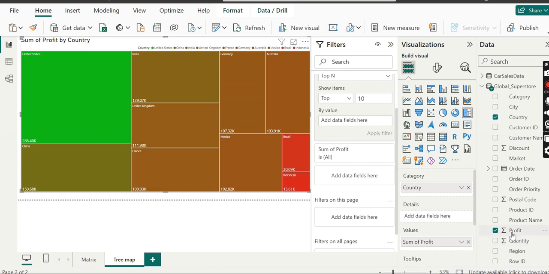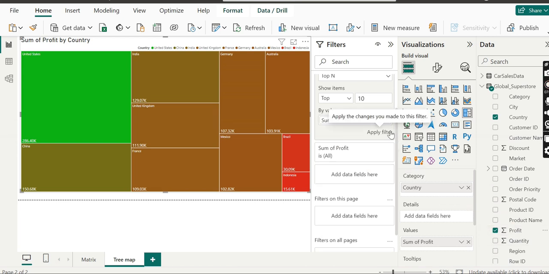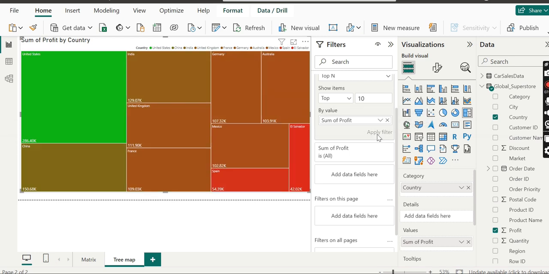By value will be profit here. The by value property accepts only one field, so you have to delete it if you want to put another value here. After we apply the filter, we can see we will have an updated